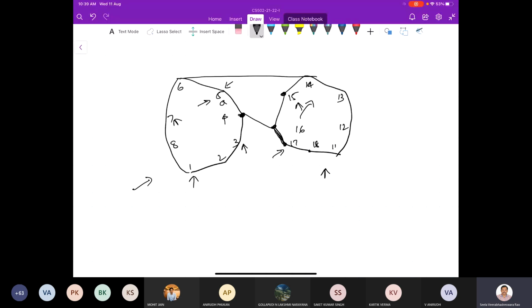Once it becomes an upper tangent to the right hull, you check for the left convex hull again. If it is not, we move to the next one and keep moving till it becomes an upper tangent to the left one. If it is, then you move to the right side and check whether it is an upper tangent to the right hull or not. So keep moving on the left and right hulls one after the other till it becomes an upper tangent to both of them. Once it does, we stop. So this is the procedure. Just briefly write this down. Everybody understood the procedure?